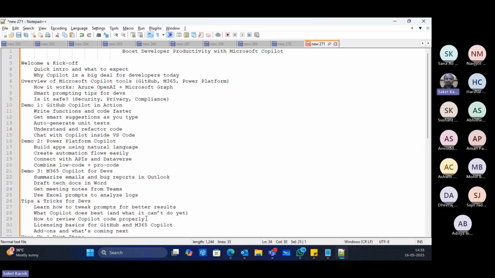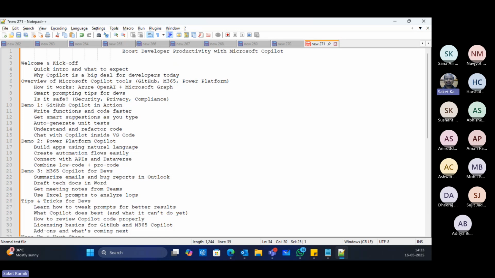Okay, so I hope the agenda is clear. This session is not going to be a very deep dive kind of session because it's a quick one, just 2 hours only, right? So obviously deep dive is not possible, but I'll try to put as many details and share as much information as possible with you to get you guys started with Copilot, right? Basically, it will be more of a kickstart with Microsoft Copilot and GitHub Copilot and all other Copilot flavors. Okay, so these are the areas that we'll be targeting.